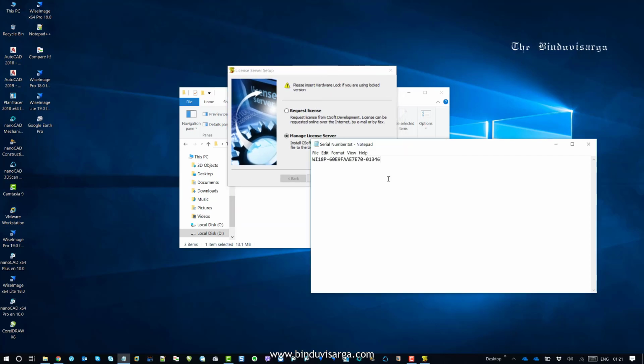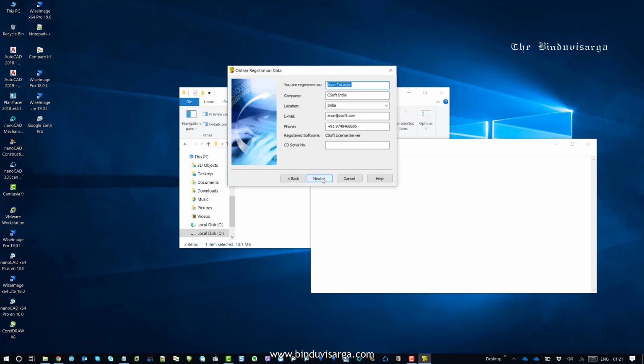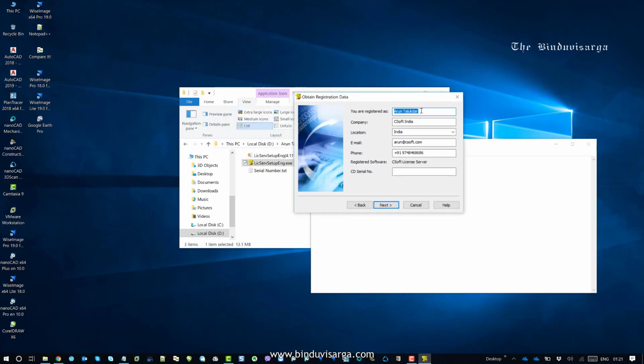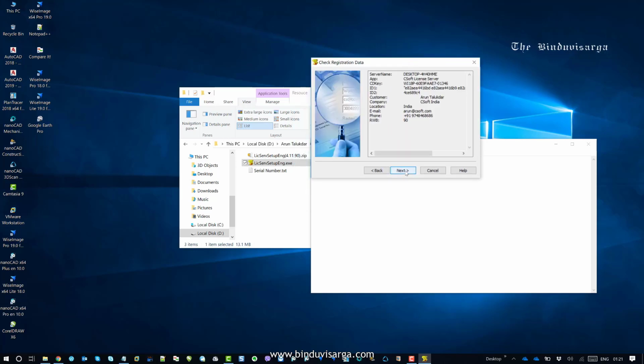Okay, so in this case, as I am installing the license server for the first time, I will go to request license, next, and this is the information I need to fill up, and then I will use the serial number. Go next,